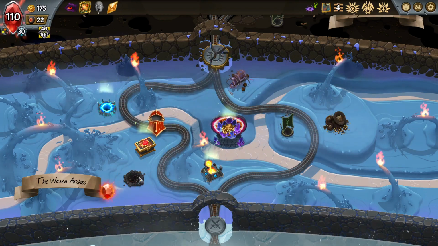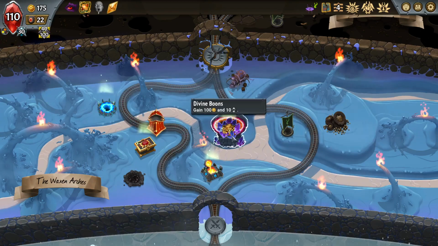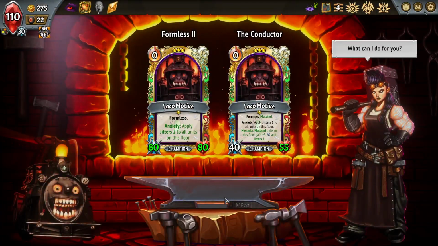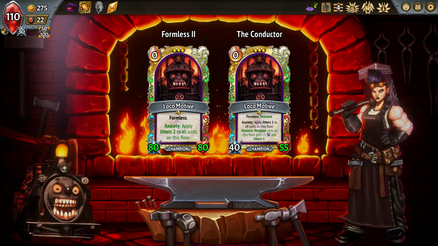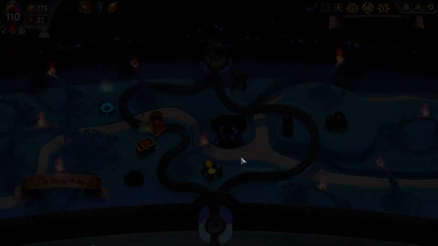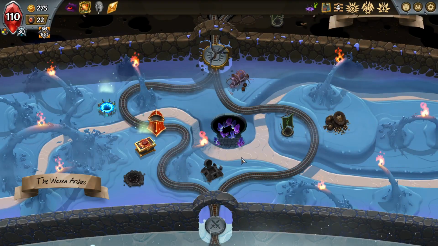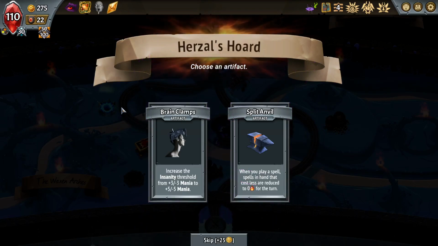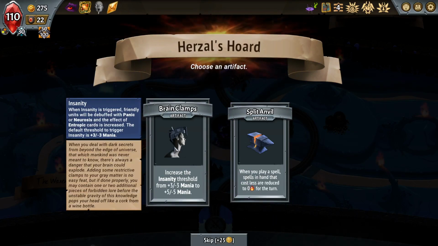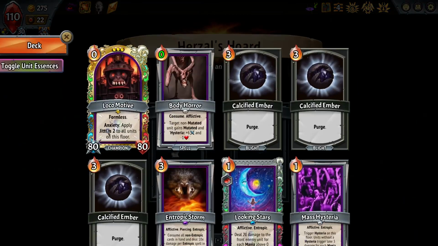Alright, swinging left. Taking the money for sure. Alright, we're going to take Formless 2. I need a wall. That's all I need from him. Increase the insanity threshold from... Oh, okay, that's nice. But that split anvil...